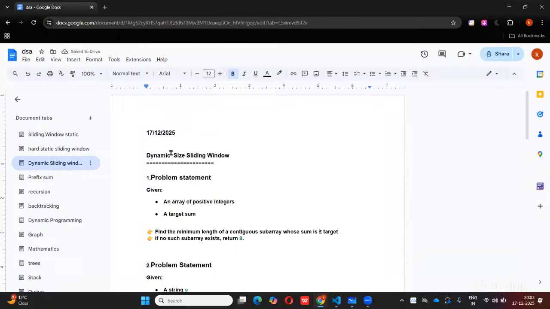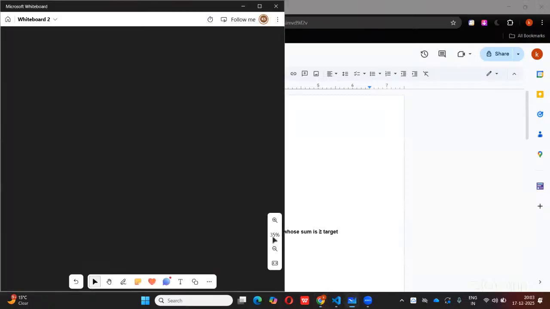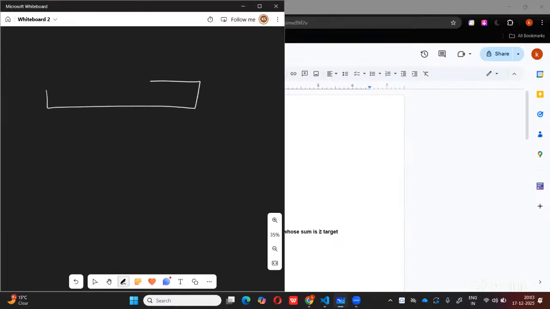So now, guys, what happens is that till yesterday, when we were looking at the sliding window examples, we were seeing that all of our window size were static in nature, which means that if this is our array, suppose, right? So if this is our array, and in this array, let's say that